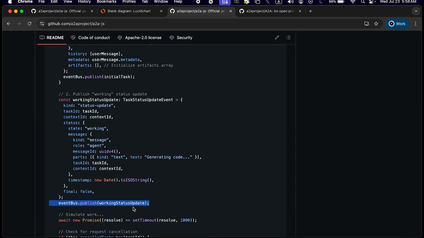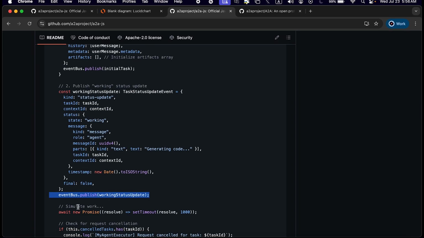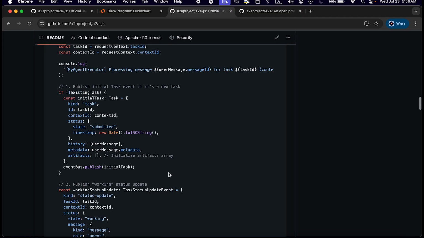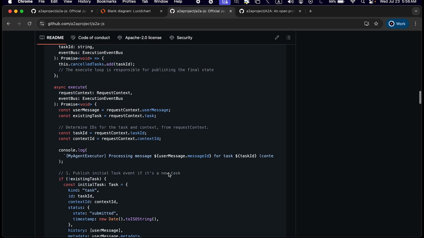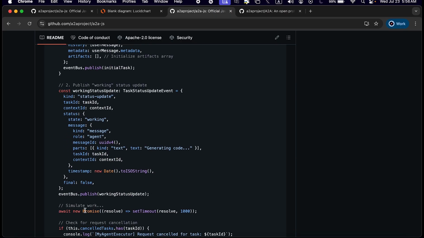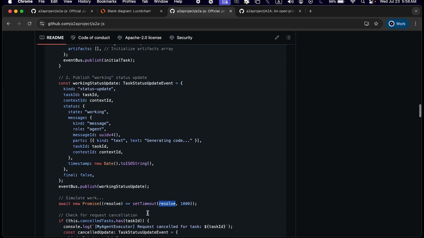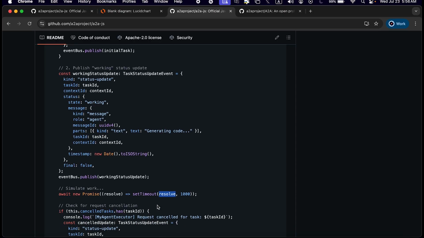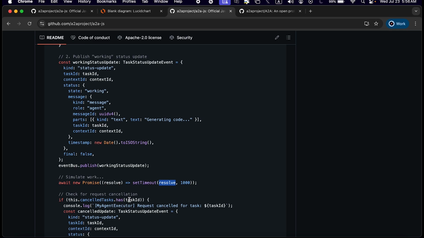Then afterwards, we simulate the work. It's working on something. Then since this is a promise, we have to resolve that, right? So let's simulate the work. Let's say it's been working for 1 second. We resolve that promise to be successful, right? And then if the user wanted to cancel the request, we basically just check if that